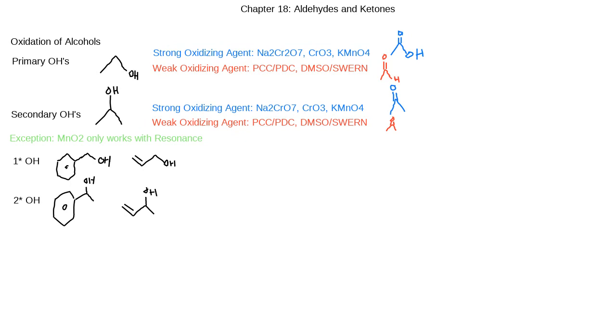Okay. So if we have alcohols that are allylic or benzylic, and we are using MnO2, we can oxidize it just like we're doing right here. But the only caveat, again, another side caveat, is it's a weak oxidizing agent. So with that in mind,